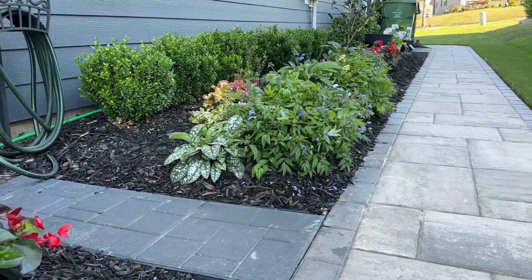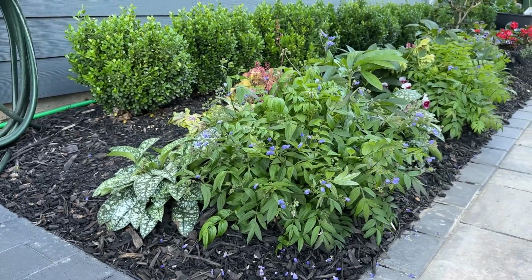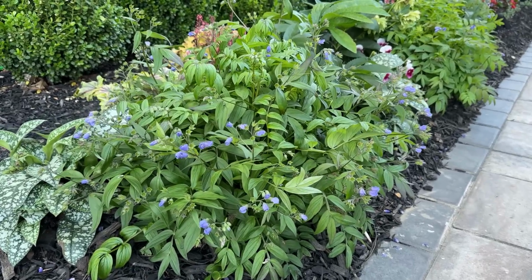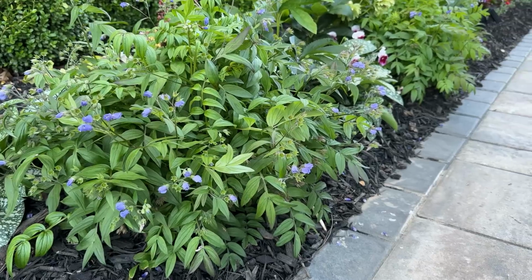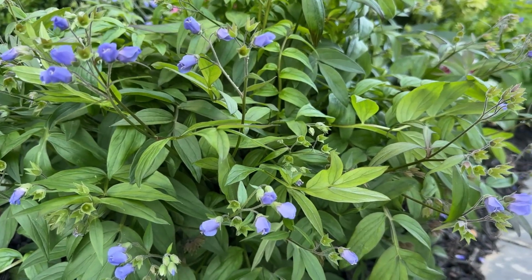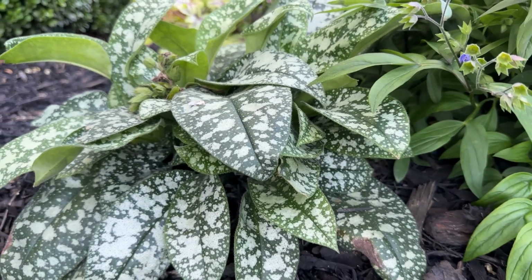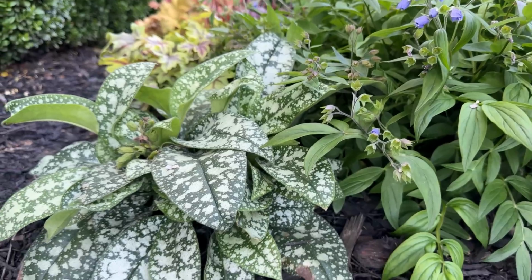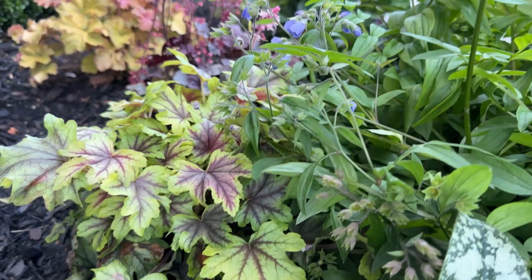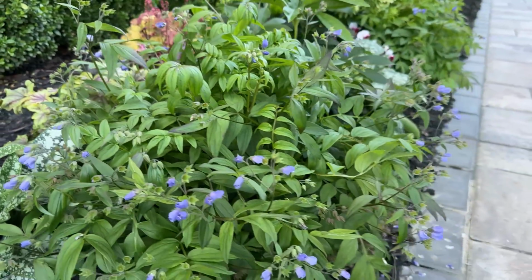And then this is the start of my shade garden right here because this does get morning sun eventually and then afternoon shade. So this is the shadiest part of my garden, and that's because of the side of the house that it's on. So this is the east facing house. This is the Jacob's ladder. That's the pulmonaria that I did a video on. It's kind of out of bloom right now. There's the heuchera that I have a video coming out about. Coral bells, Jacob's ladder,